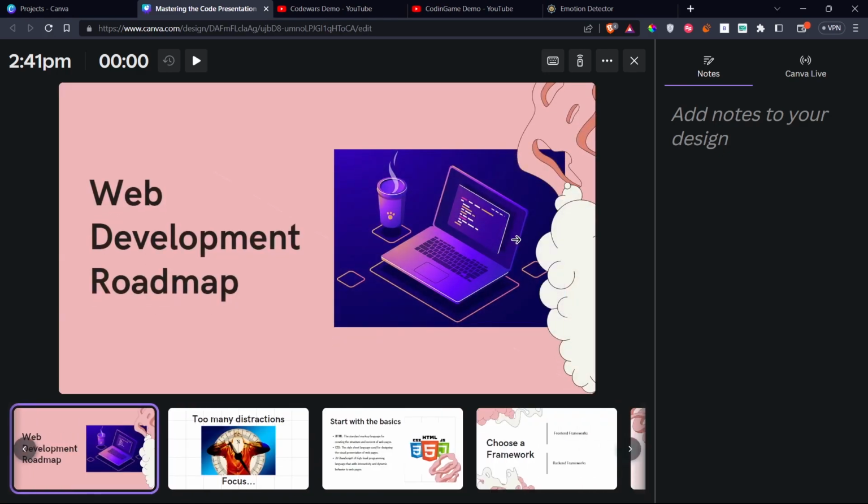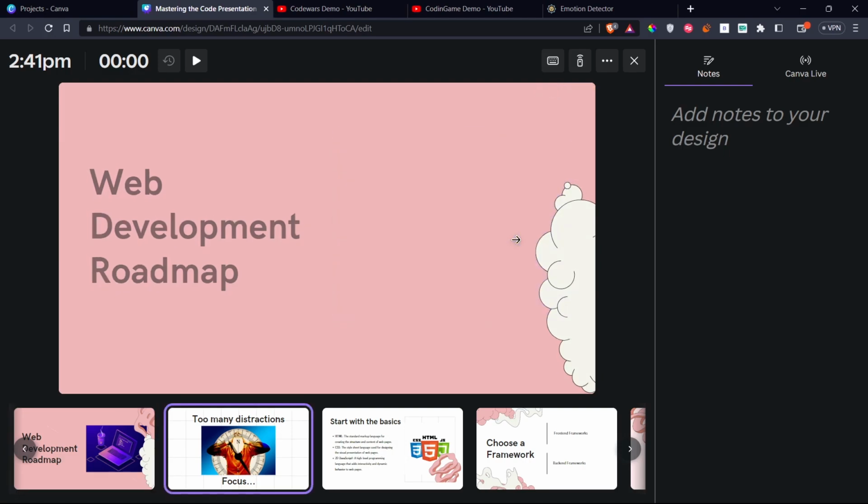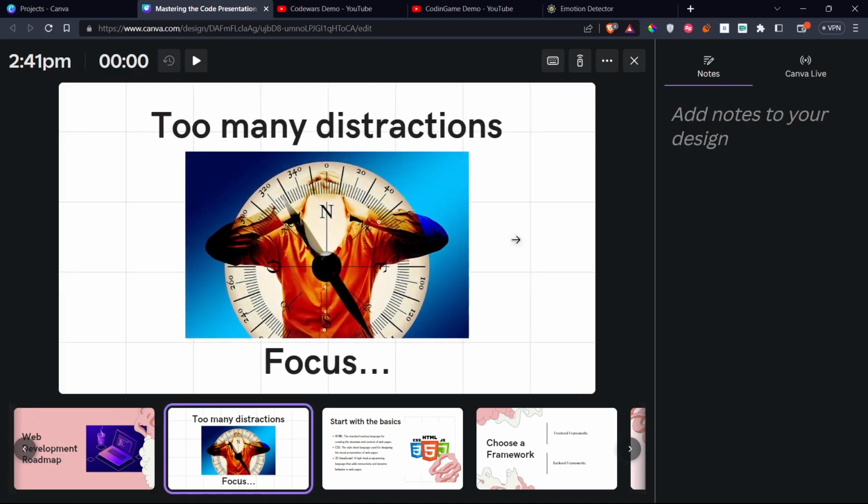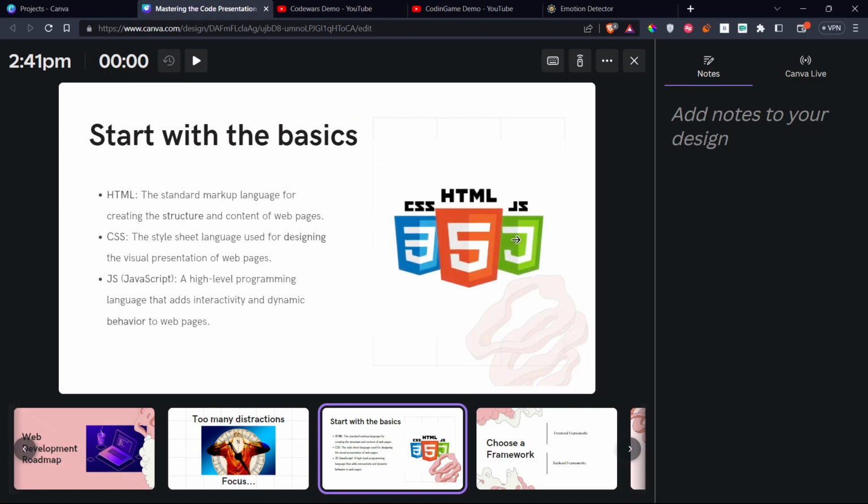For those interested in web development, this is the roadmap for them. If you watch YouTube channels like Fireship, etc., you know that a new web development framework gets introduced every other week, and this can be a very distracting thing for beginners who are just stepping foot into web development. So the important thing to do is focus on the basics.